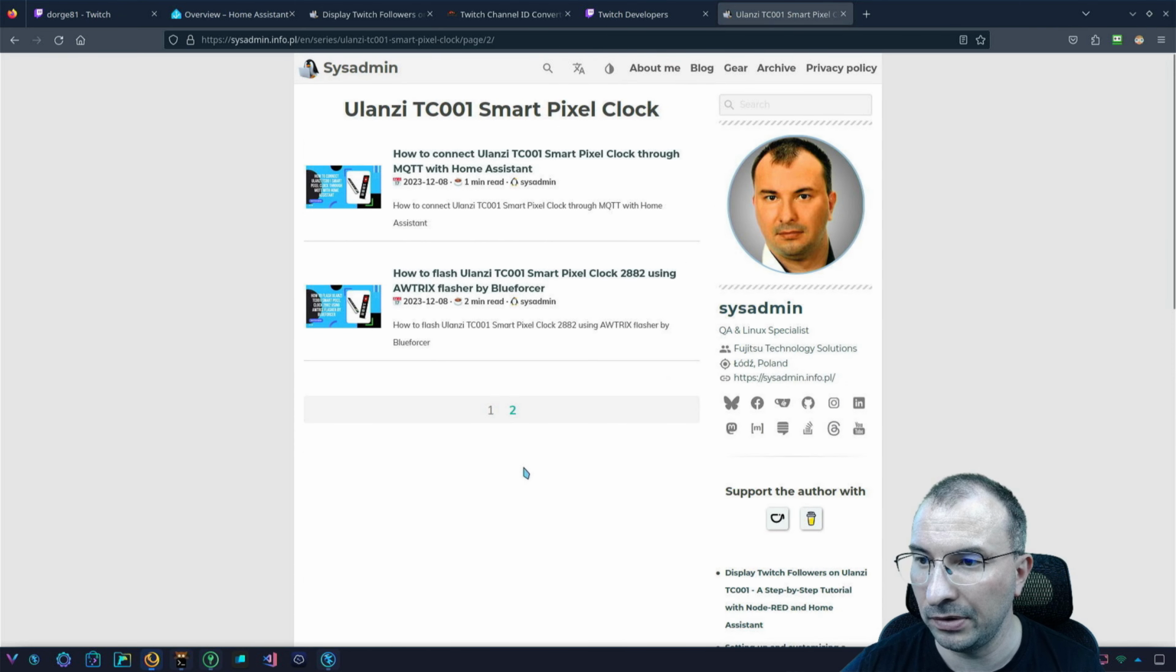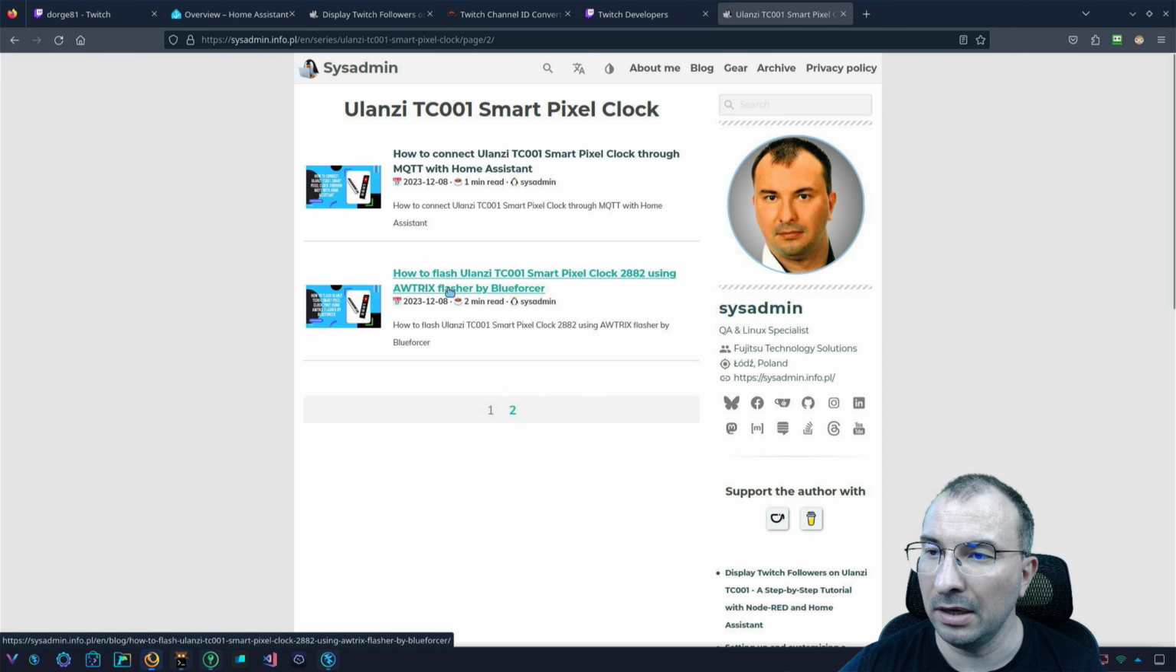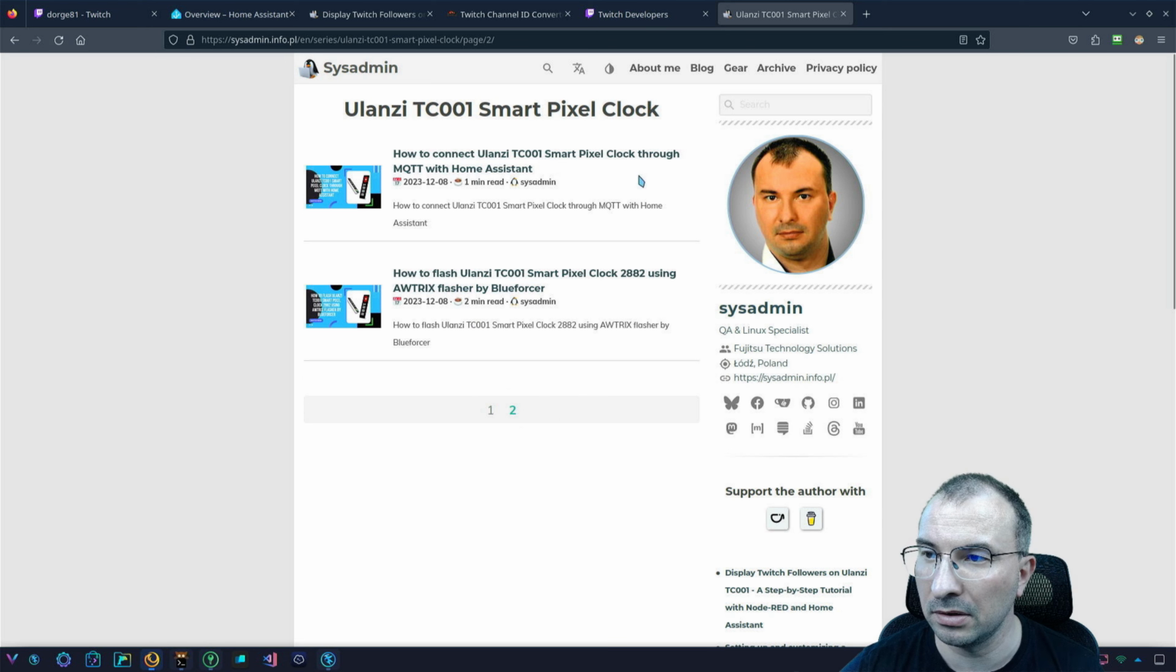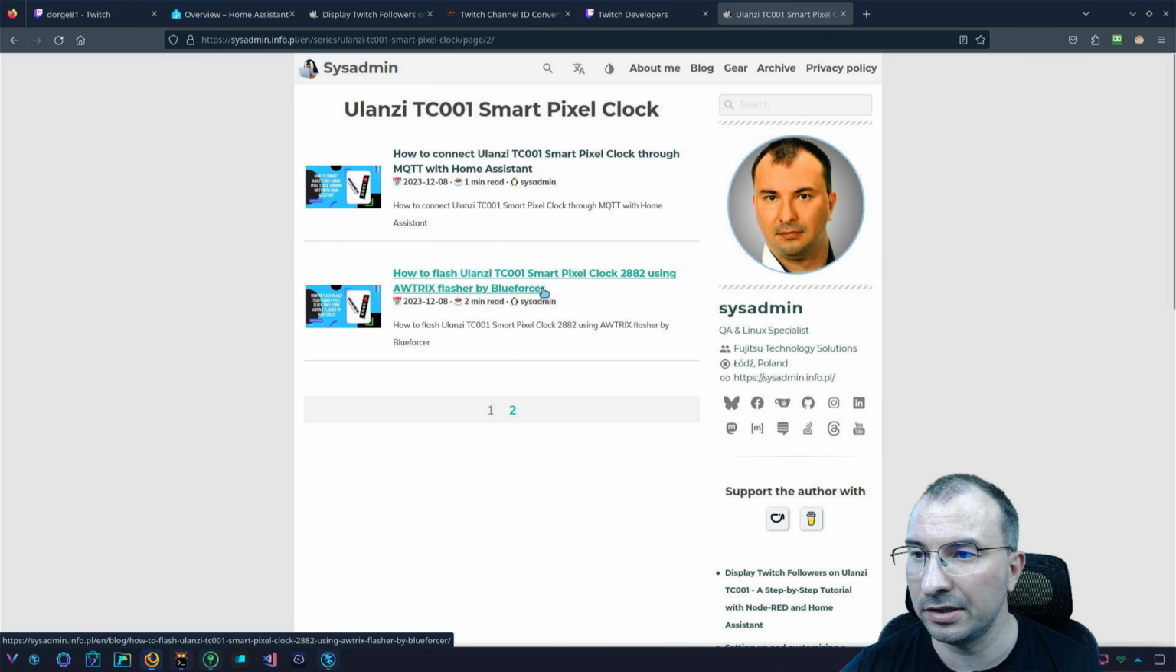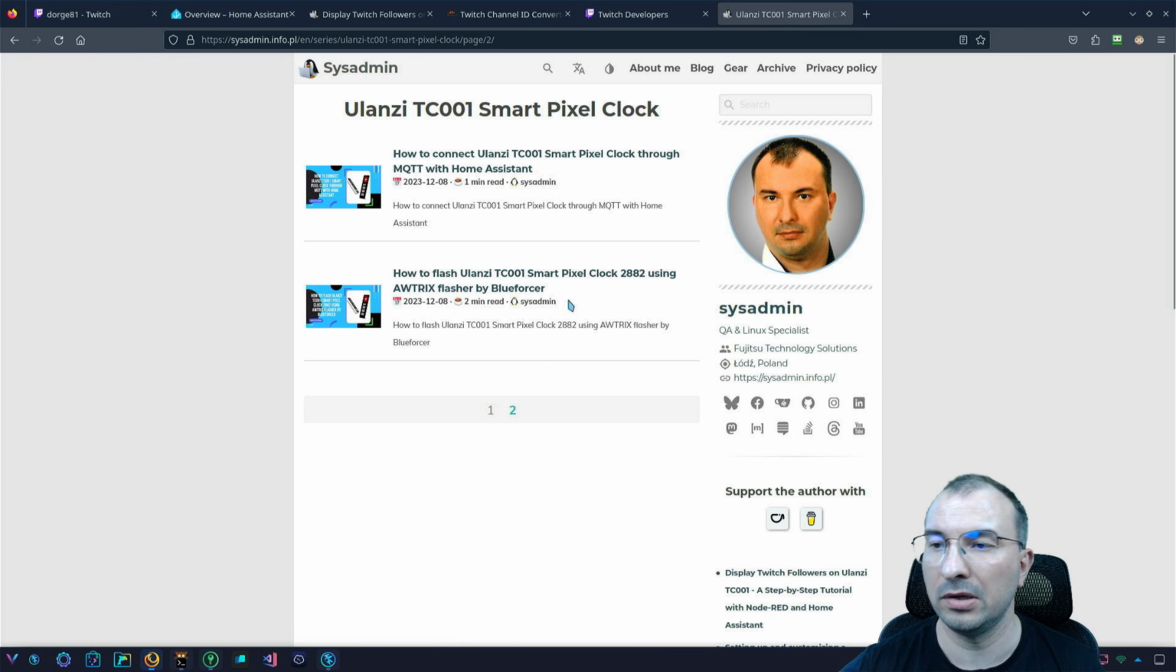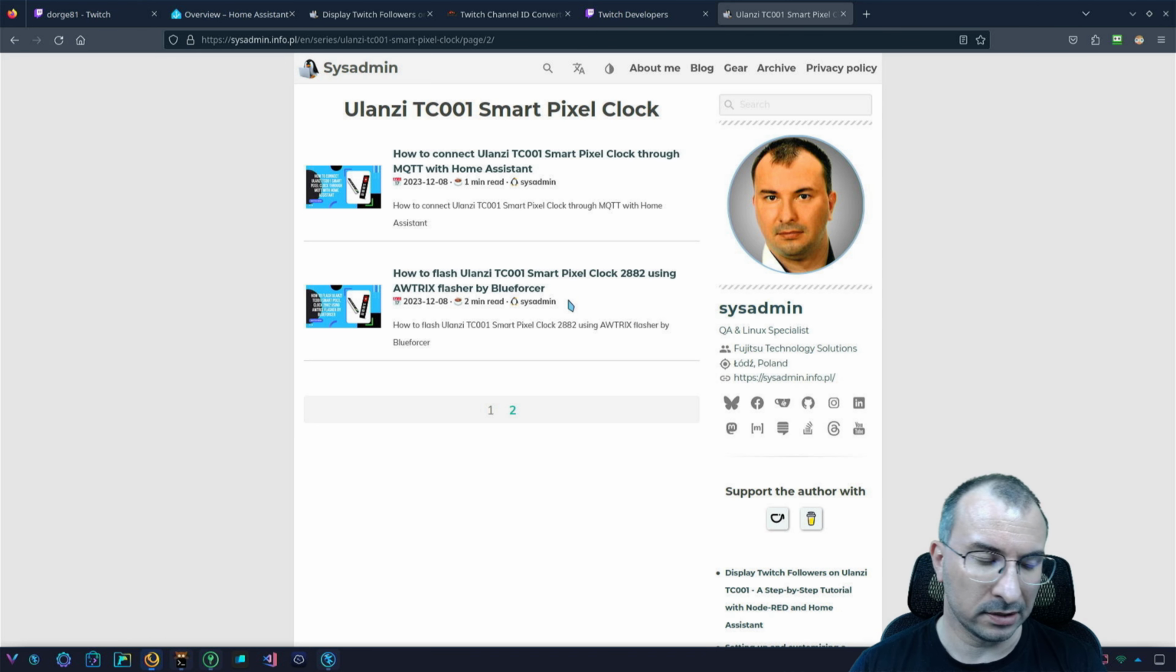So click on number 2 in my footer and on this gray bar, and here it is: how to flash Ulanzi, then how to connect Ulanzi TC001 Smart Pixel Clock through MQTT with Home Assistant. This is the crucial step. So first of all, you need to upload the firmware. So you need to flash the device with the firmware, just because it is much more convenient, much more, I will say, fantastic solution from Blueforcer, AW-Trix, and instead of the so-called default